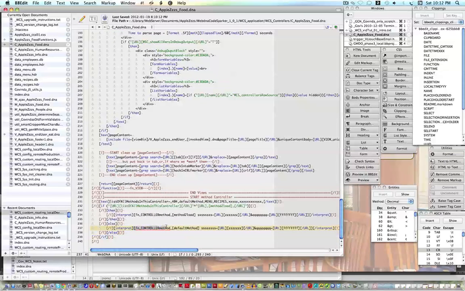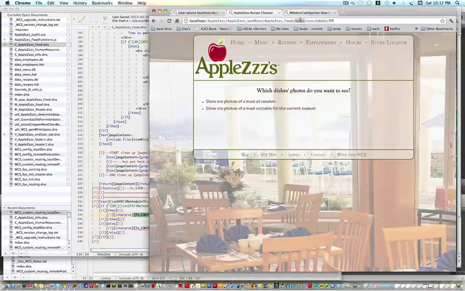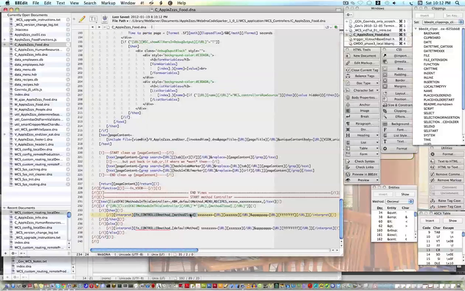We fire this function. And this function is named after the method that we told to load, which, as I said, was this part of the URL, or the default method if the one that's loaded is not one of the methods that we have defined. If it's defined, it'll be loaded, and if it's not defined, then we'll load a default method. Okay, so what that means is it fires a controller